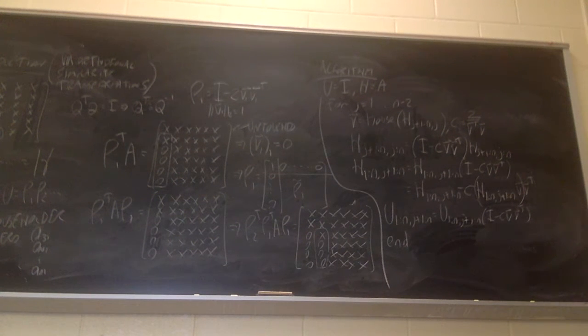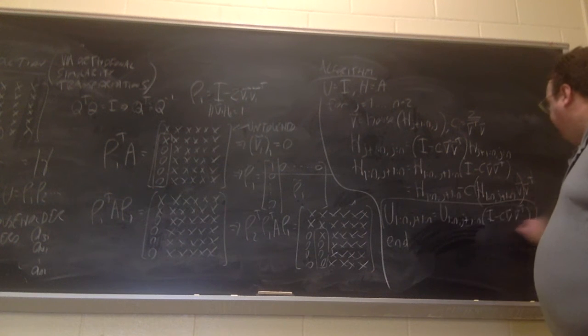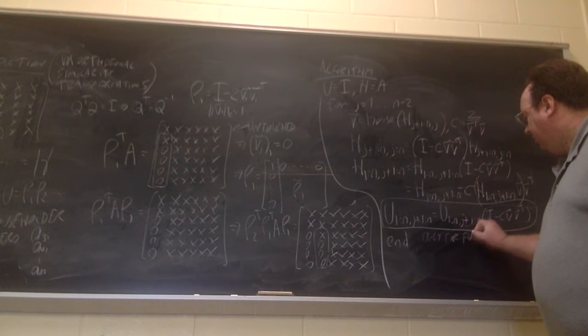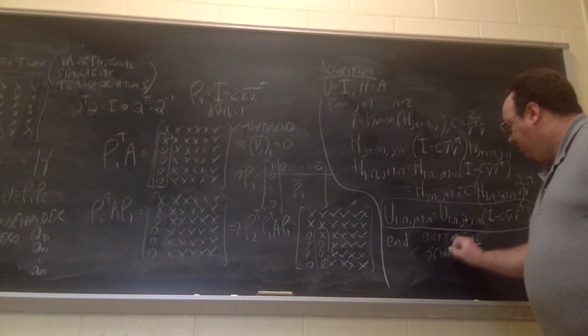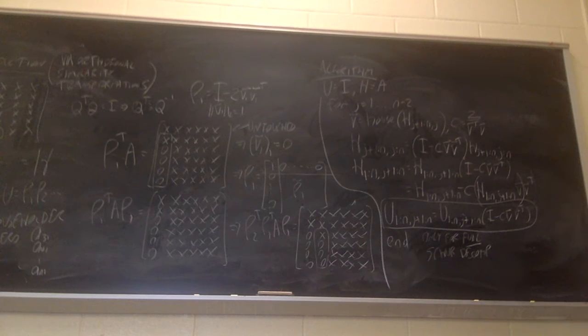Now, if you only care about the eigenvalues, you don't care about the full Schur decomposition, you don't care about the Schur vectors or the eigenvectors, you would not do this. So if you're just trying to reduce A to quasi-triangular form and recover only its eigenvalues, you don't need to accumulate transformations. And because that part is significantly more expensive, it's important to think about, do you want to do that? So any questions about the Hessenberg reduction?